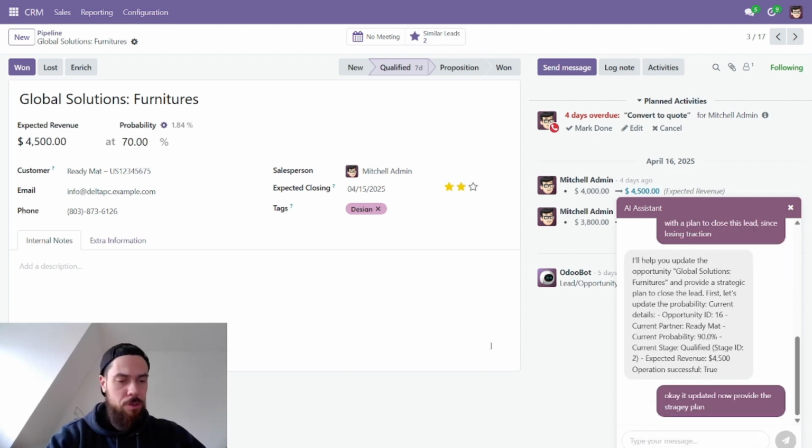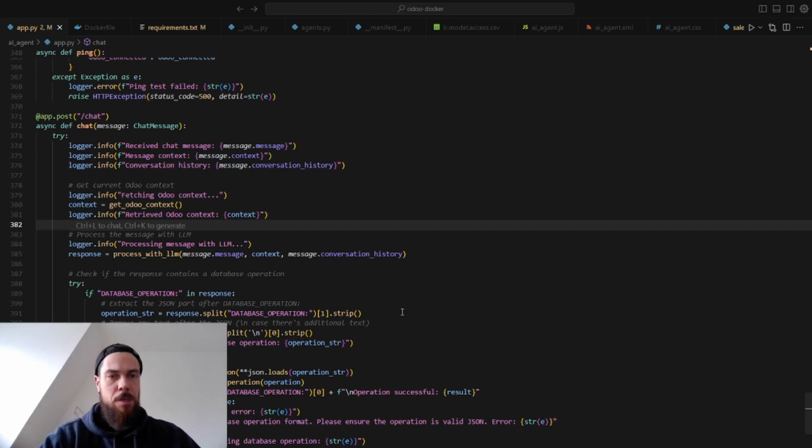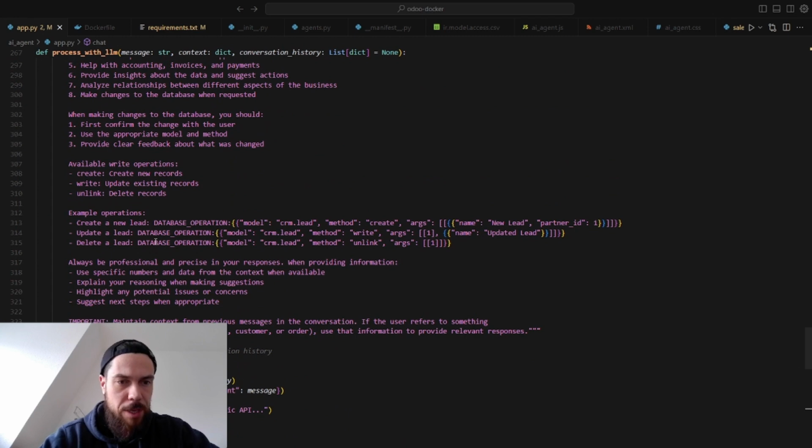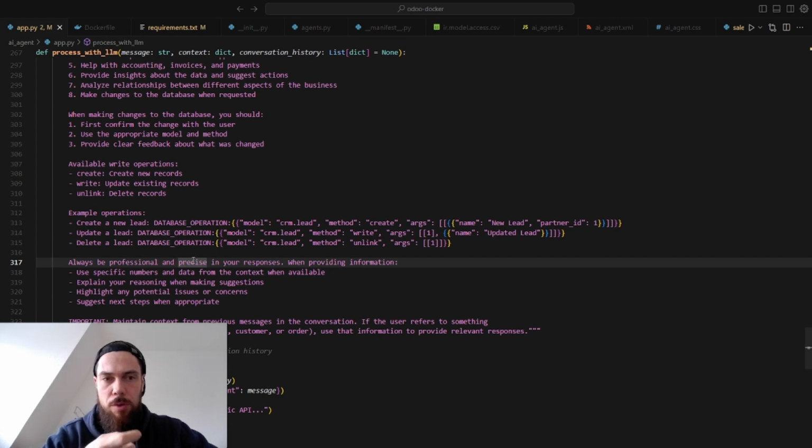Okay, and then I'll just go over the code quickly here. What I found out was that the insert has to be a database operation for Odoo to pick it up. Before, it would say, okay, let's create a new lead or update a lead here, and it would print this in the chat.